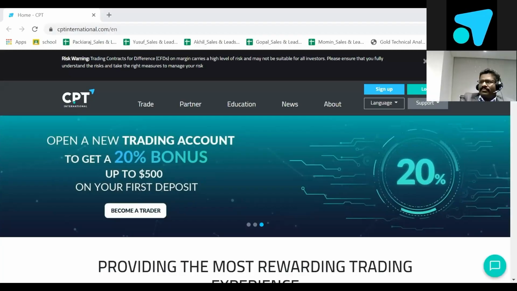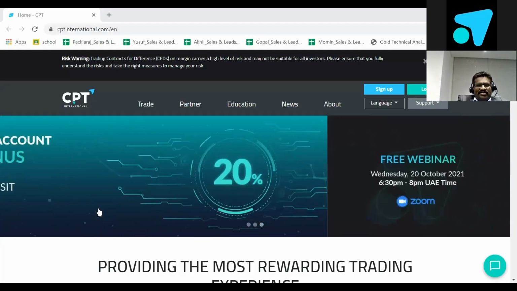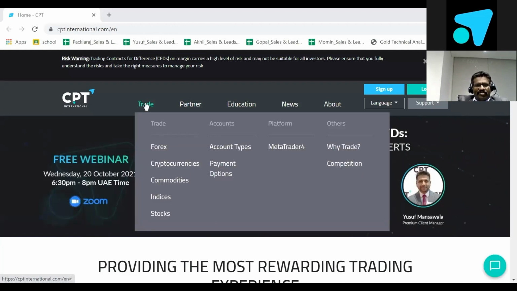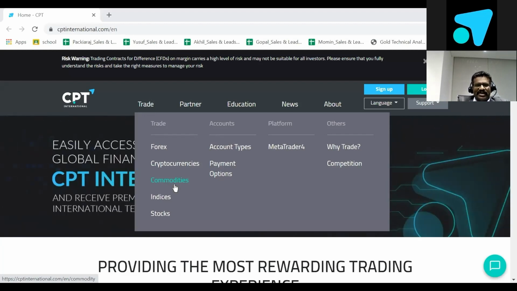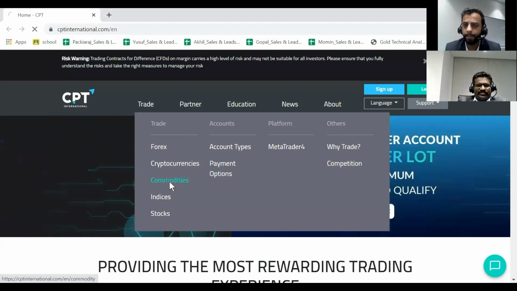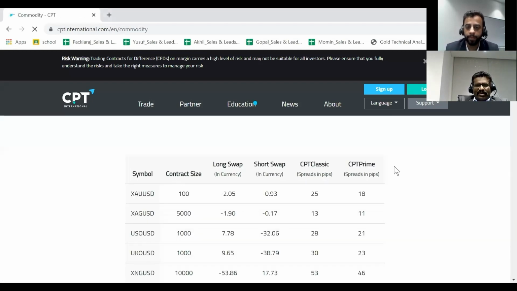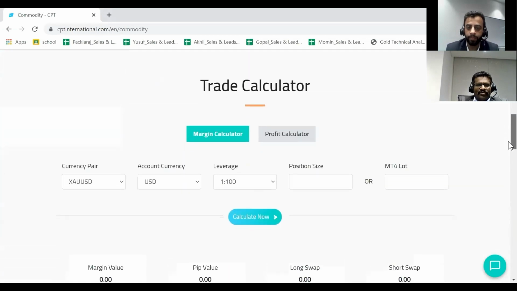This is our website, and it shows a lot of options to trade, and we can go to the trade option here, where multiple products are available for trade calculation. Suppose, for example, I am taking commodities. There are multiple commodities. I'm choosing gold, and how the trade is going to be taken. In gold trading, I am using the dollar currency, and I am using leverage of 1:100. If I take the standard lot size in the MT4 platform, that is 100 ounces of gold, how is it going to give profit per movement.